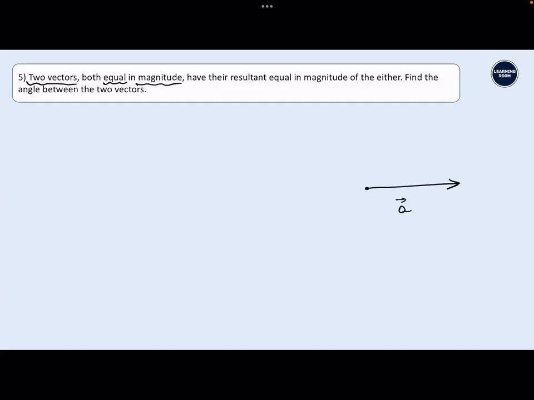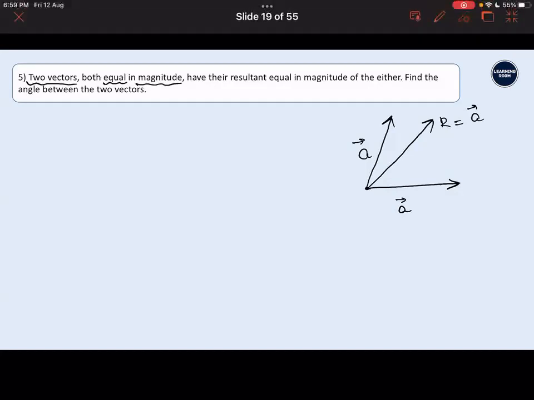If this is a vector, the other vector is also a vector, and the resultant is also a vector because it also has the same magnitude. Or if I have to be more specific,